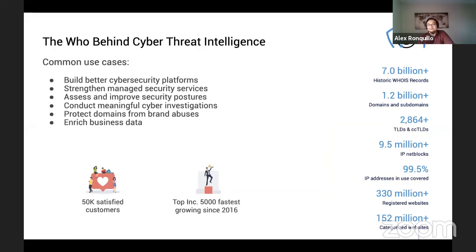When the world's smartest security engineers need to build the world's smartest platforms, they have a lot of the same problems. They got to enrich a lot of DNS traffic. There's not really reasonable options on the market. They need to find out what websites are out there, which ones are suspicious, and who's accountable for putting it up and taking it down. And a lot of times they have to dig through historical records just to figure out what happened.